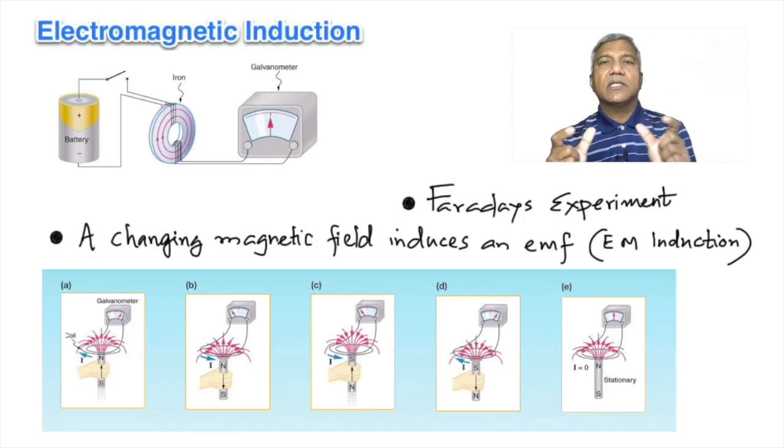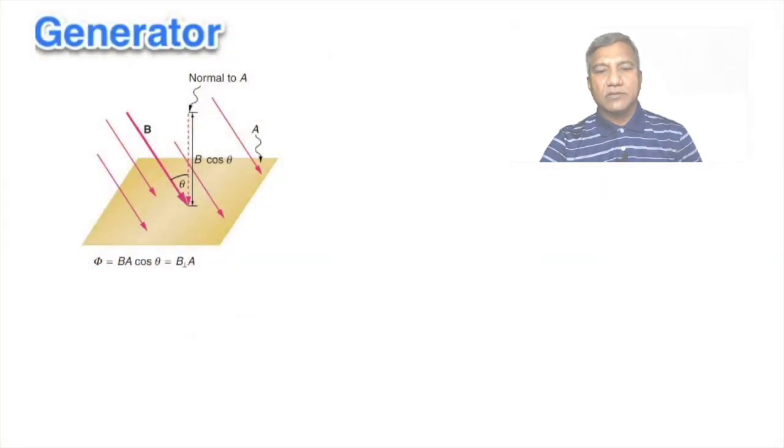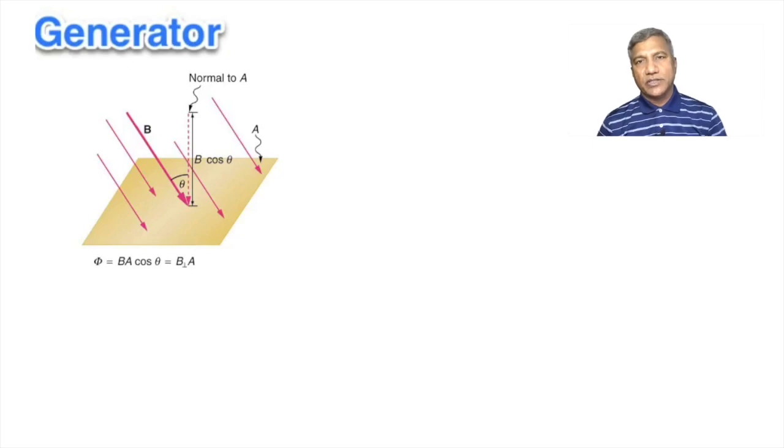Now, changing is the most important word. If it's not changing, the galvanometer shows no deflection. Principle of the generator. To understand this principle, let's consider that there is a surface kept like that,